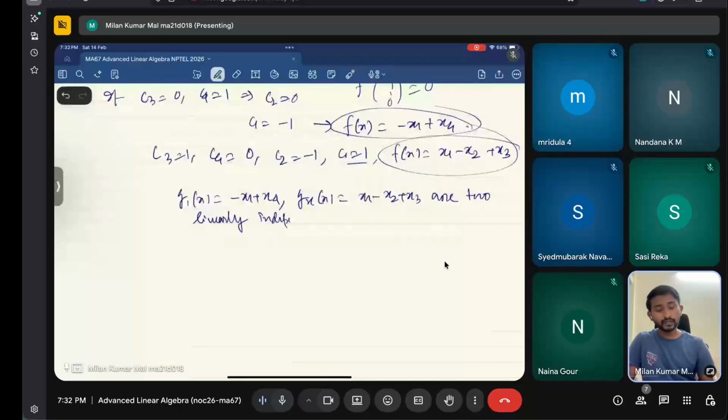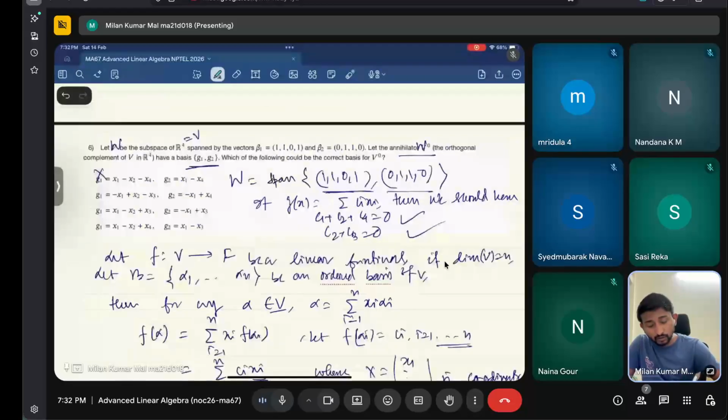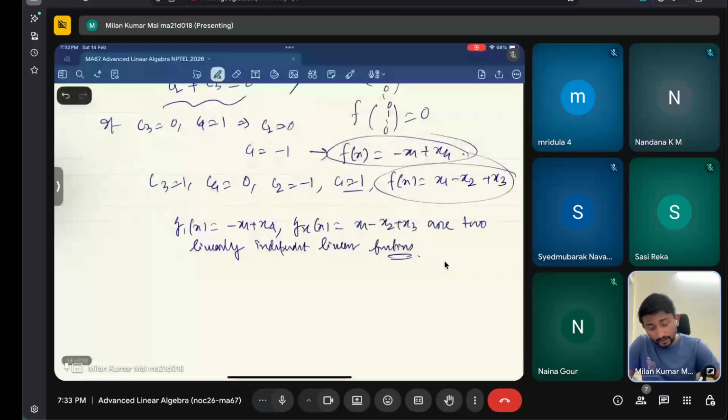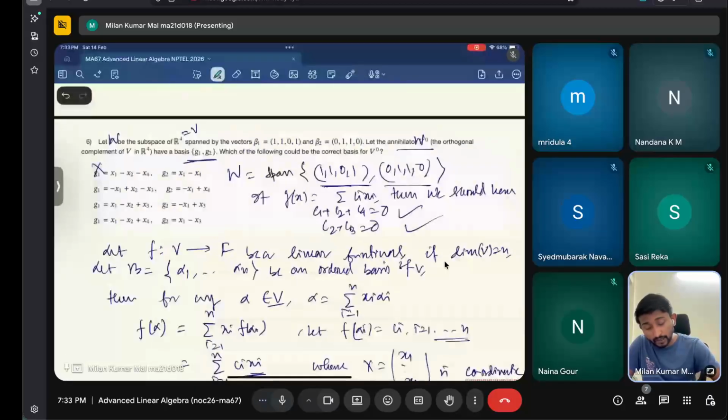So you will automatically look at these options. Another way to say it is that you have to satisfy these two conditions, whichever way you look at it. So the first one is not correct. From there, what are the options? x1 minus x2 plus x3, x1 minus x2 plus x3. This is also the same: minus x1 plus x2 minus x3, and x1 minus x1 x4. So the second option is the correct one, because